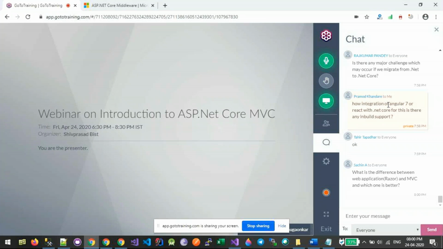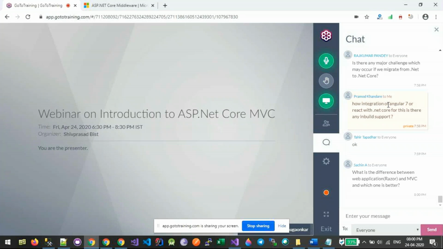Again, you can integrate them with Angular also, but you would generally have an API targeting .NET Core. Again, the same template, you can use Web API instead of the ASP.NET MVC template.